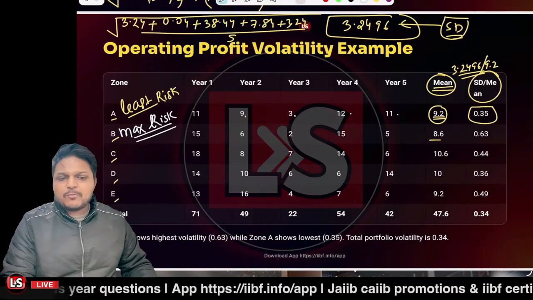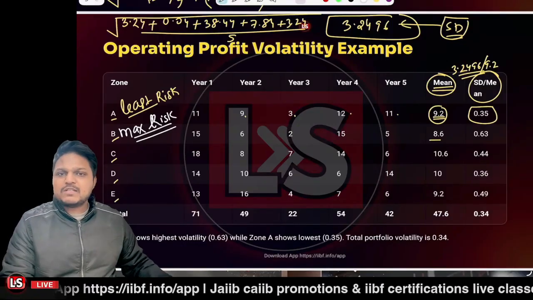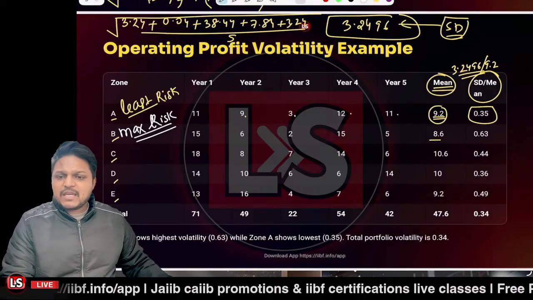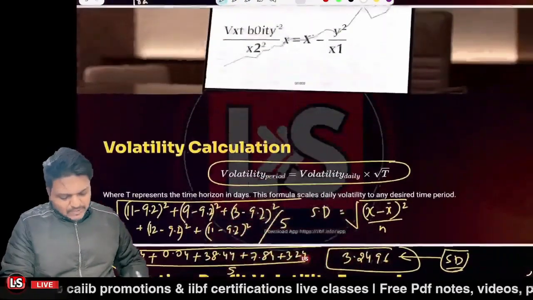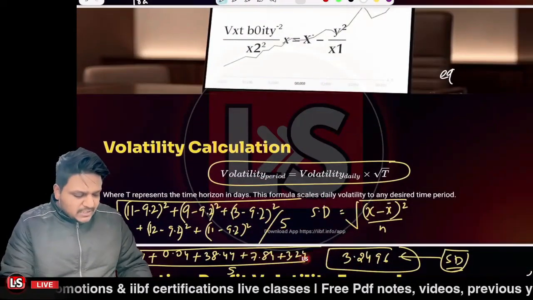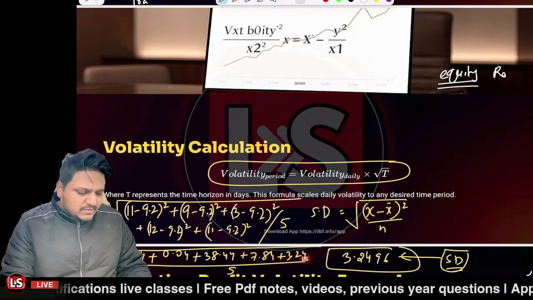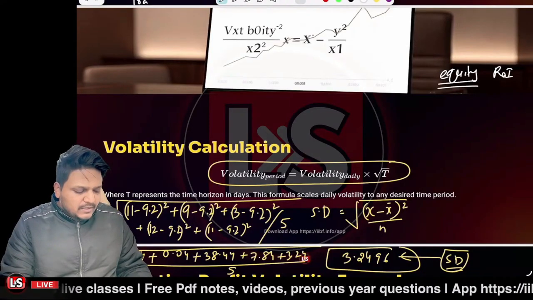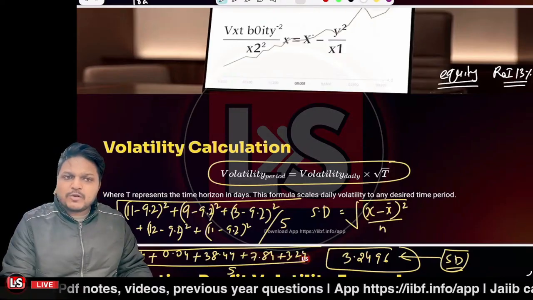Now, the interesting point is the role of diversification. What do you mean by diversification? Let's take the case that you have invested money in equity. I'm just giving an example here. Let's say you have invested the money in equity and your ROI is 13%. But definitely it will be carrying much more risk.